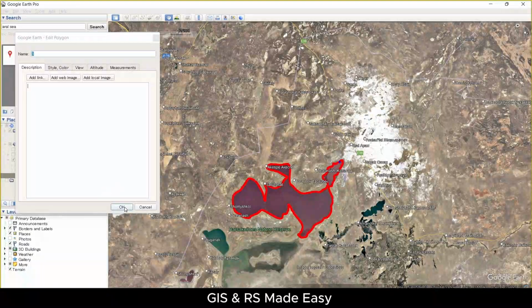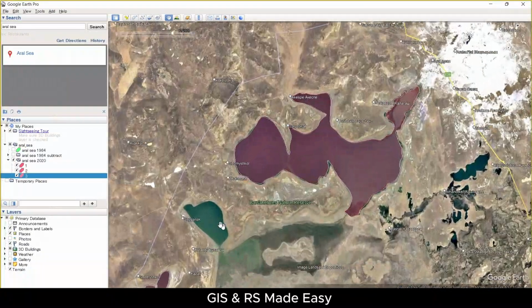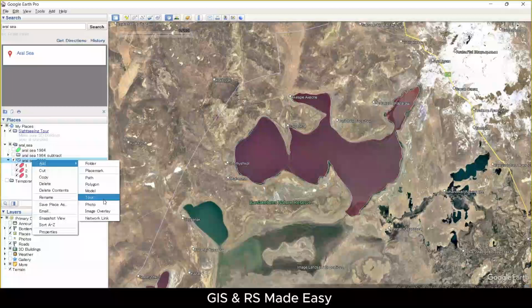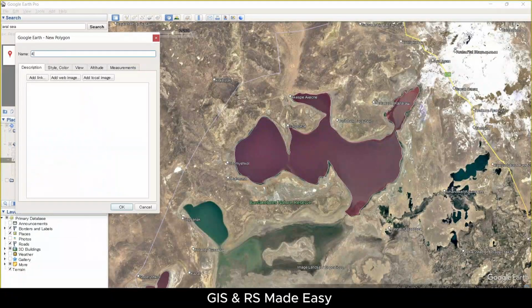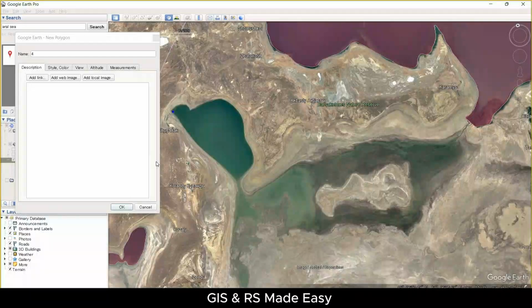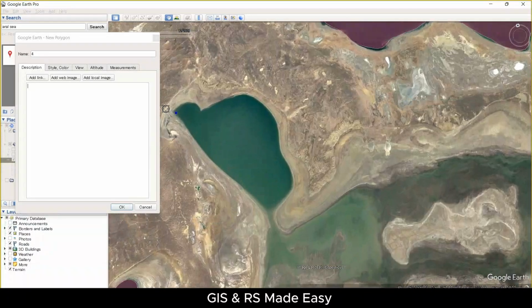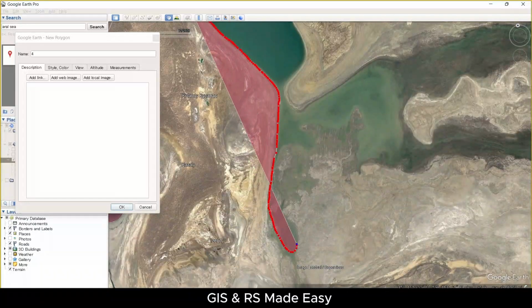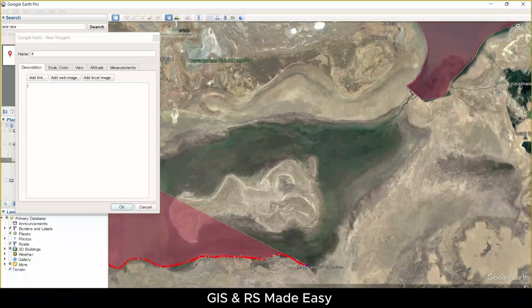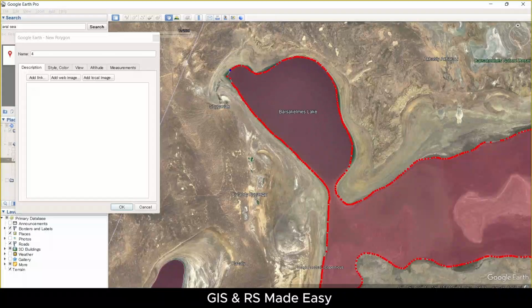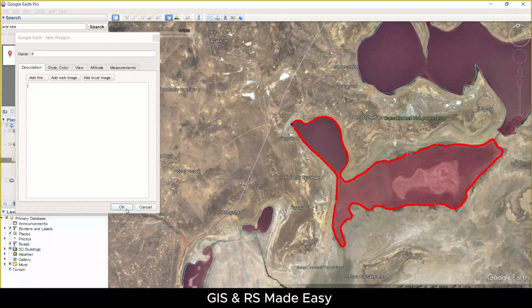Let's press OK, and another small one here. Okay,